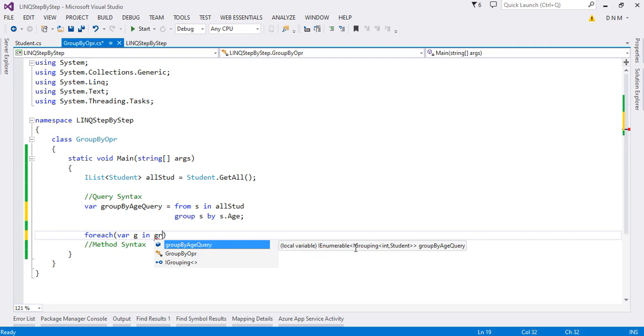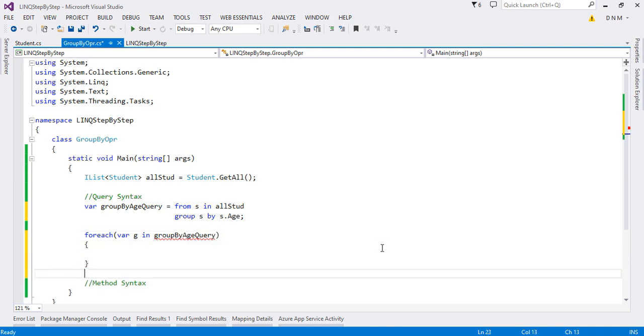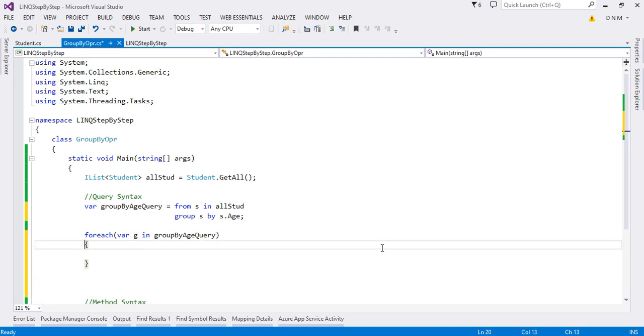It is IEnumerable, and within IEnumerable it is IGrouping, and then int, comma, Student. Now what does this int mean? My age is of type integer. So basically this is our grouping field, or you can say the grouping key also. Let me put enter here. Now first of all, what will I do? I'll print the age group.